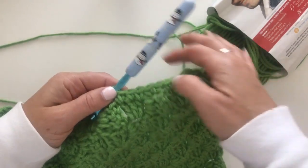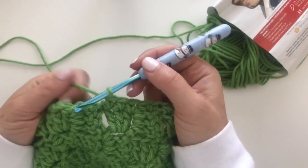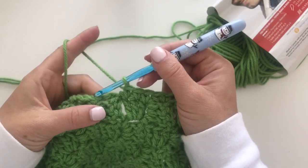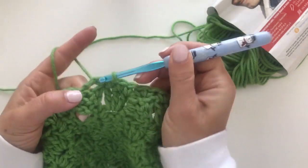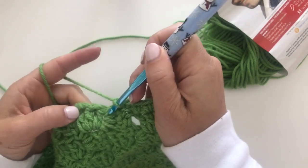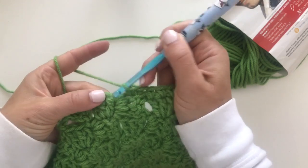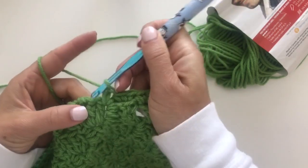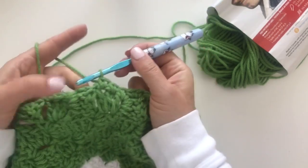I've started it here. You shouldn't get any rippling. It shouldn't be too tight. It should be just the perfect amount of stitches along the edge, and I know that's always hard to do. So I'm going to make 2 single crochets here, and then I'm going to go basically in the tops. I mean, sometimes you can't fit your hook in there, so you can just go here, 2, 3, back to